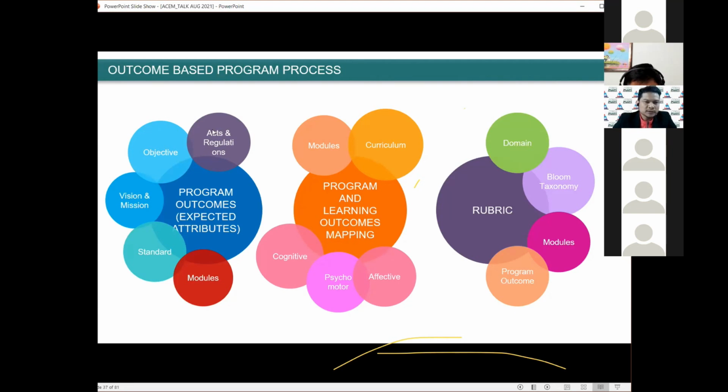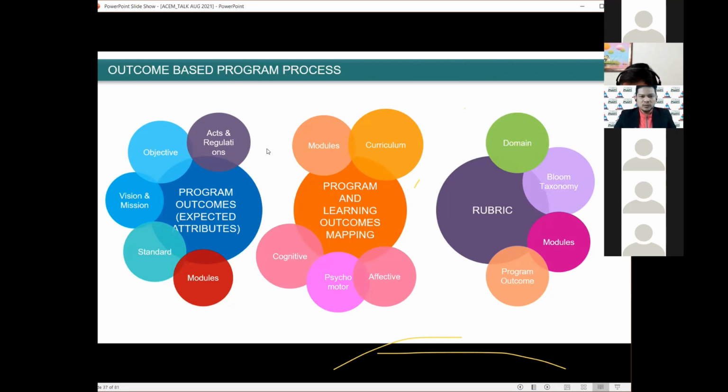From the Act and regulations, we have the objective, mission and vision of CIDB, the standard, and also the modules. So from here, we have derived the things to describe the expected attributes of program outcome of the participant. So basically, program outcome is the character that we require from the participant. What are the characters? We have spelled out and described the characters. We can show you later, no problem.